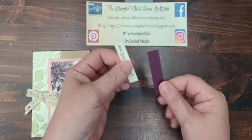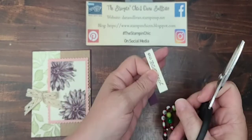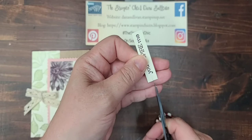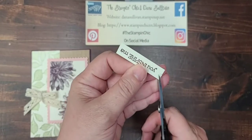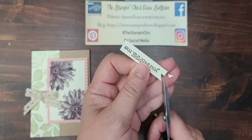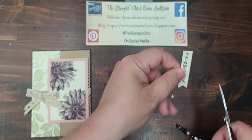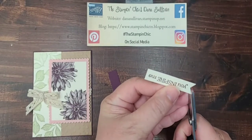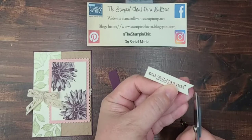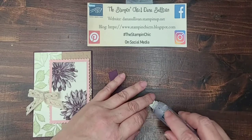All right, for our sentiment piece, I want to dovetail the end, and the easiest way I know to do it is just to cut a slit up the center and then go from each of the points, from the point to the center, there we go, from the point to the center, and that will give you a good little dovetail, a good little miter. And then from here,